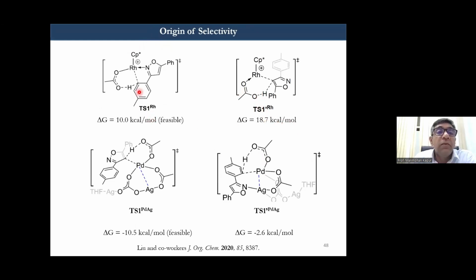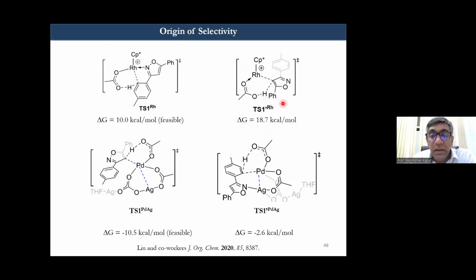For example, for the proximal functionalization versus the distal functionalization in the case of rhodium, the distal transition state was found to be much higher in energy. Whereas in the case of palladium, this particular transition state was found to be much lower in energy as compared to the proximal functionalization. Not only that, in the rhodium case, for the distal functionalization, this transition state was found